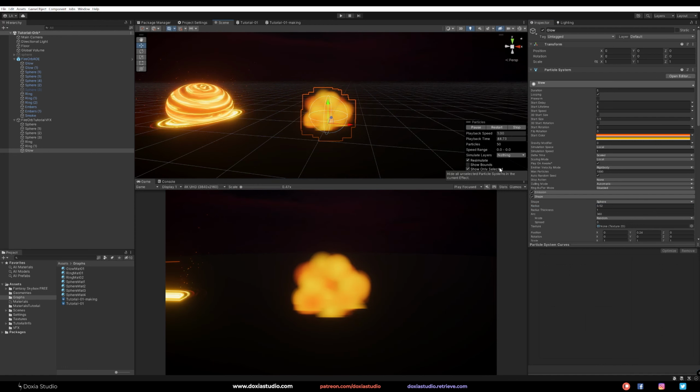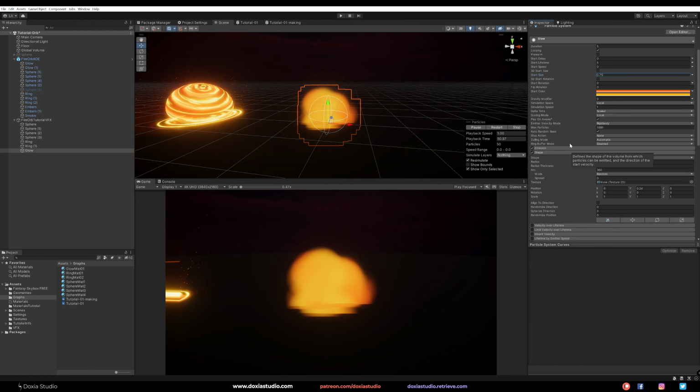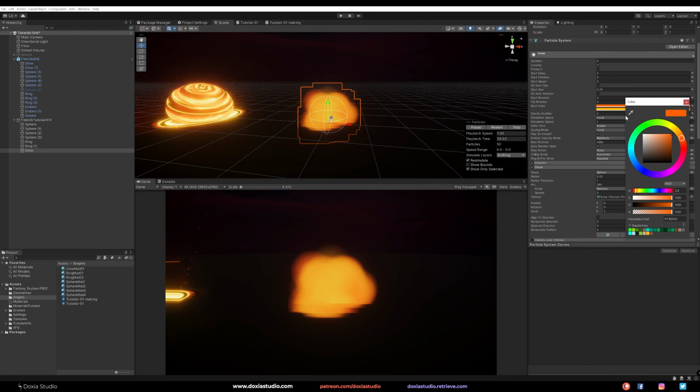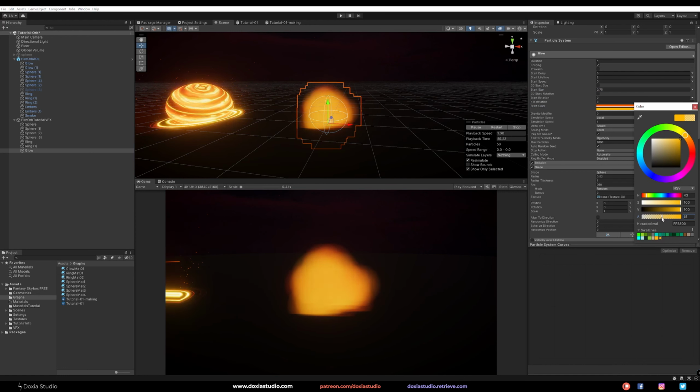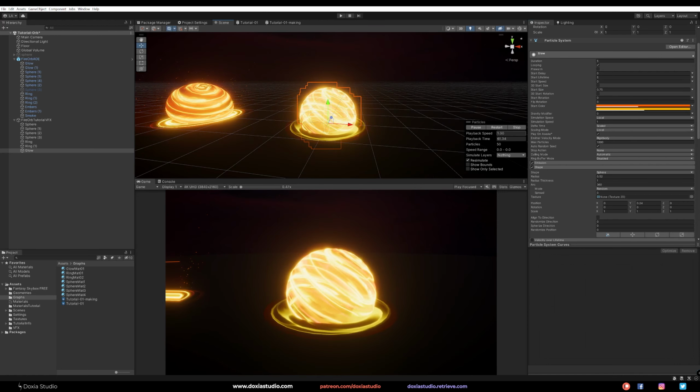Let's see. 0.75. And that's pretty cool. And because this is a glowy smoke, we can dial down the alpha a bit here. Okay, that's pretty cool, right? So we have really nice.